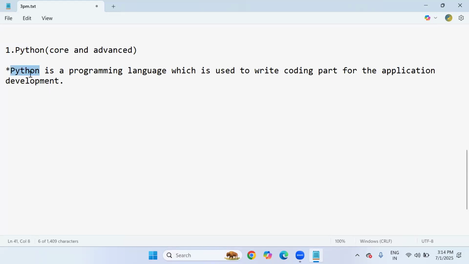I said Python is a programming language, right? So what is the use of this language? You can use it for writing